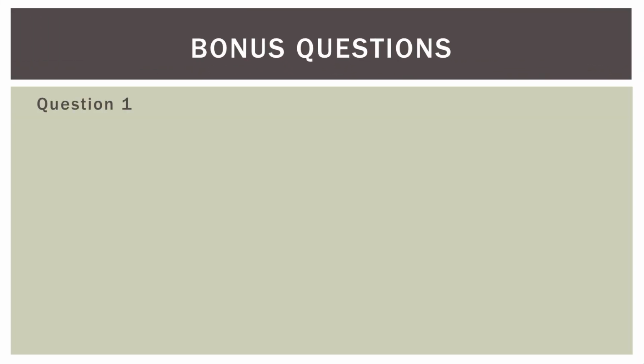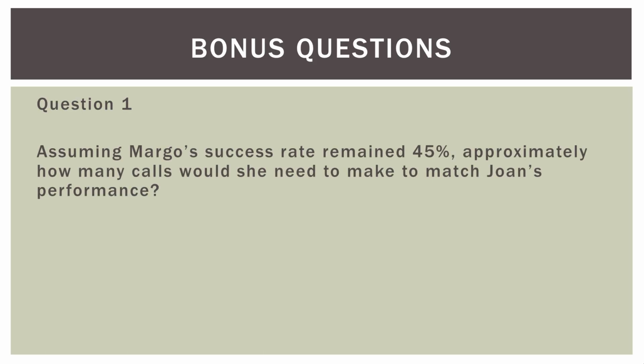So here are the bonus questions. Assuming Margot's success rate remained at 45%, approximately how many calls would she need to make to match Joan's performance? So we're going to keep Margot's success rate at 45%. The first question you have to ask yourself is, does she need to make more calls or fewer calls to meet Joan's success? Well, hopefully you realize that it is more calls. Because of her lower success rate, she's going to have to make more calls in order to match Joan's